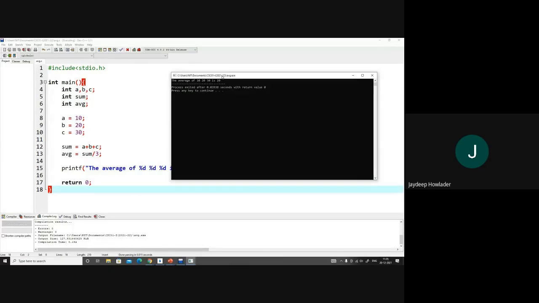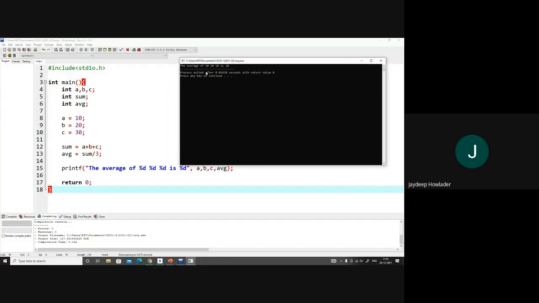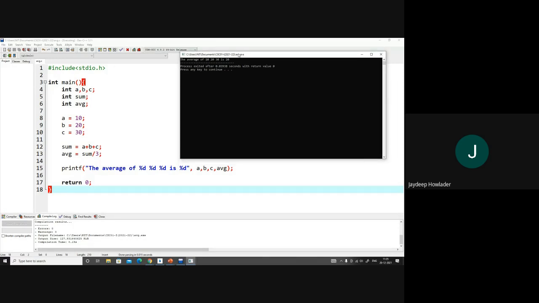So the meaning is that what I am putting onto the console, or the display, is basically determined by the parameters we are passing to the printf function. The parameter we pass to the printf function is basically a statement or a particular sentence, and within this sentence there are some specifiers.